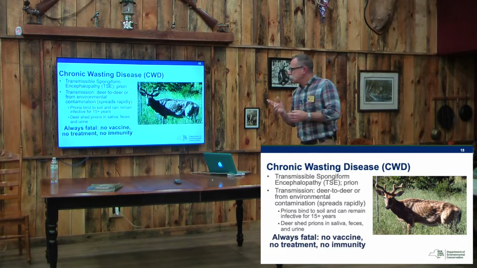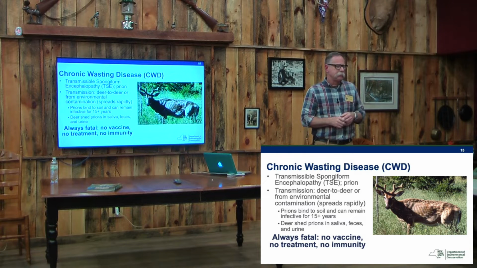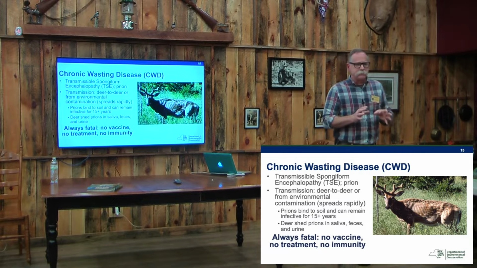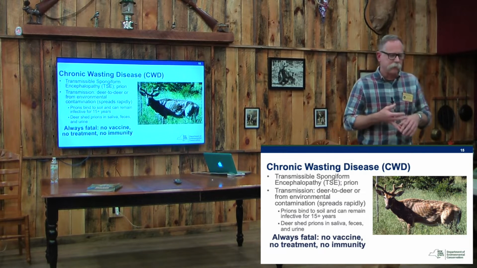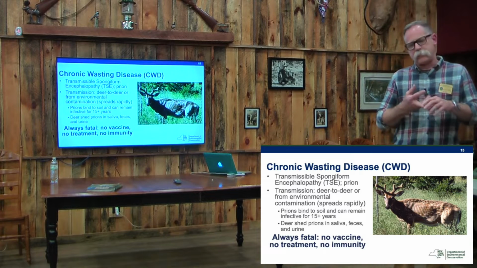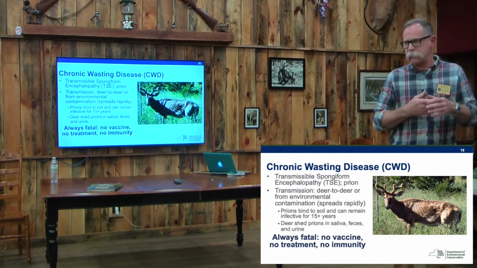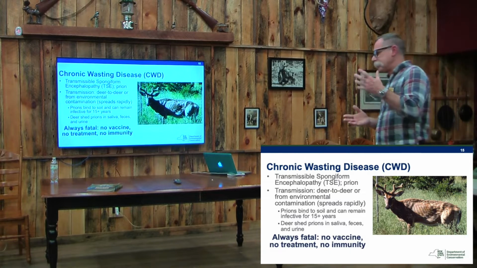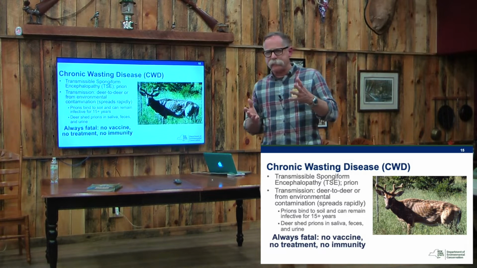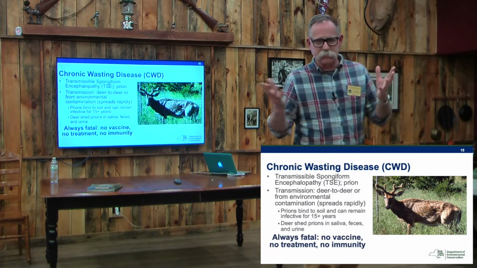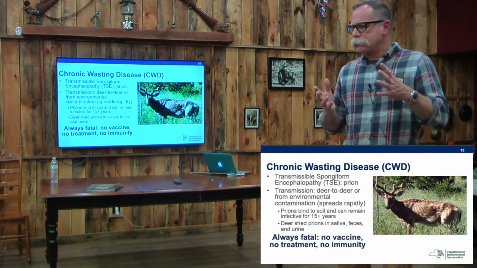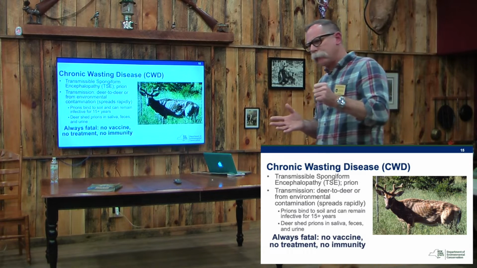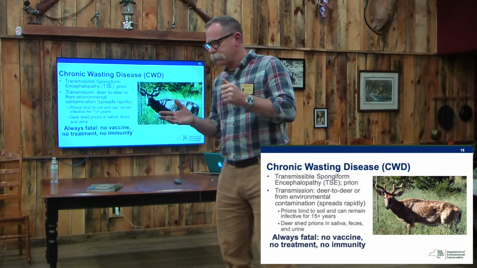This particular one can go from deer to deer, and it seems to spread between deer very easily, very efficiently. It's not caused by a virus. It's not caused by a virion. It's not caused by a fungus or a bacteria. It's caused by a prion, a misfolded prion. These prions are just proteins, and we have normal prion proteins in our cells, and all animals do. They're not quite clear on exactly what their purpose is, but when they are malformed and malfunctioning, they lead to cell death.